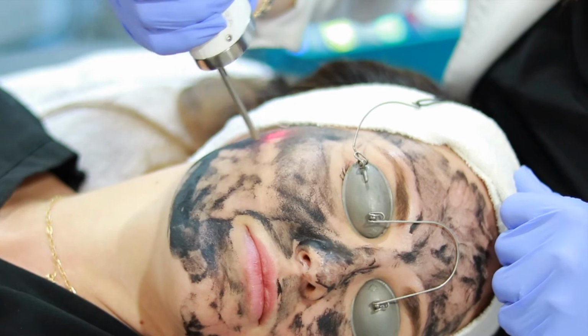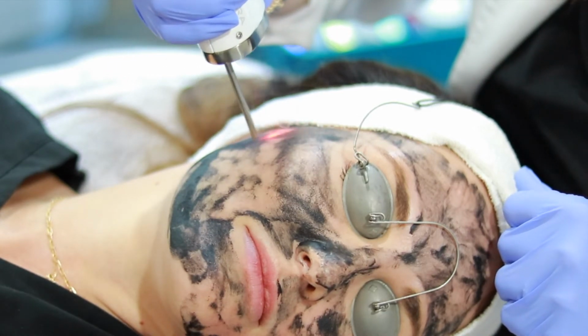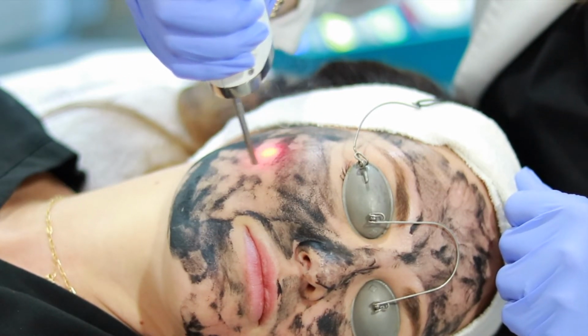It's safe on all different skin types, from fairest to darkest. And there is minimal downtime. So it's going to be a really exciting addition to our Skin Savvy options to kind of get you ready for the holiday season. So we are super excited to offer this new Instant Glow laser peel at Skin Savvy,